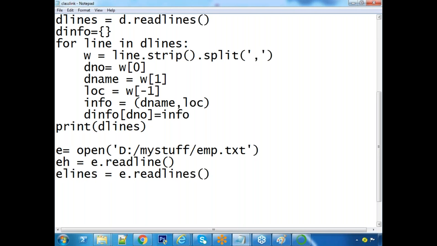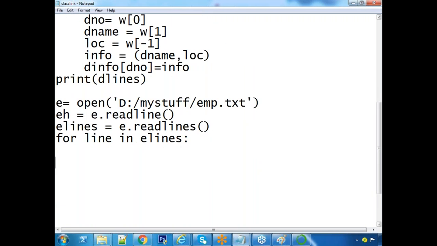First, before writing into a new file, let's check what is expected output, that is screen output. For line in E lines, W is equal to line dot strip dot split.